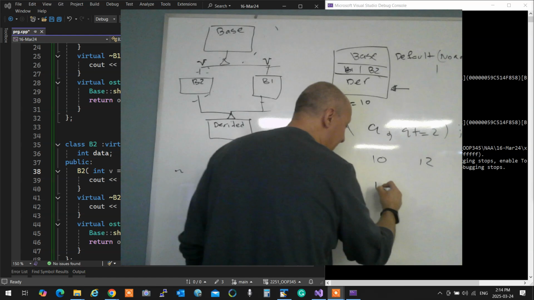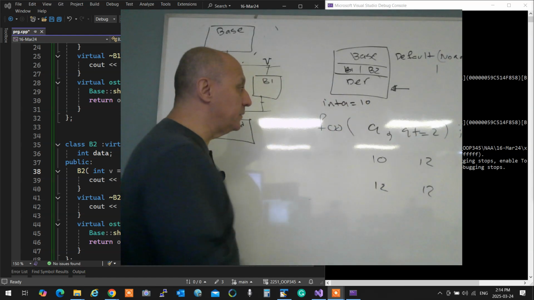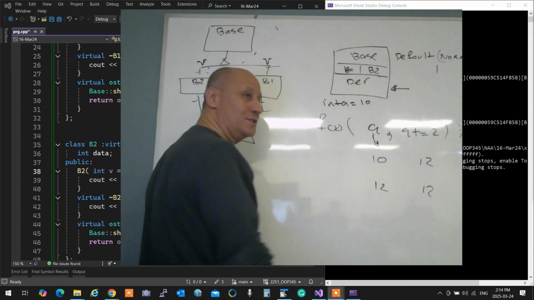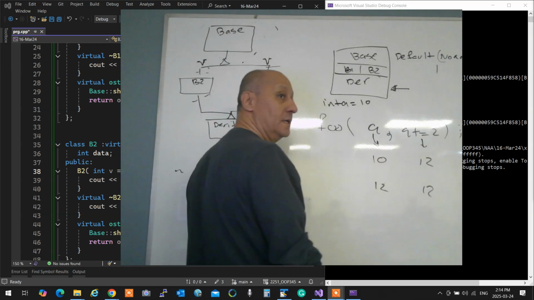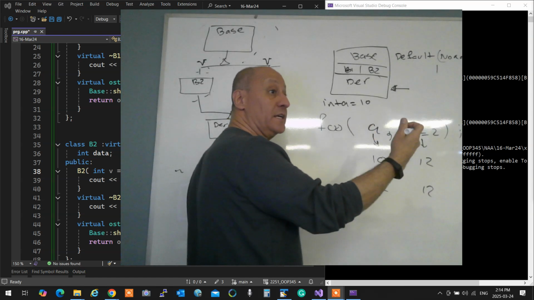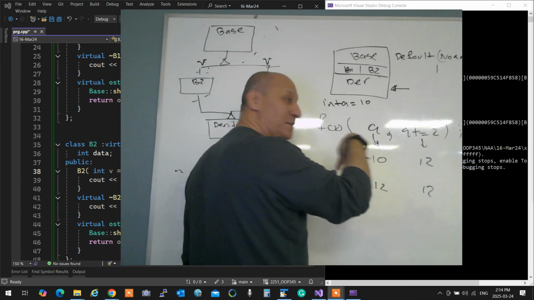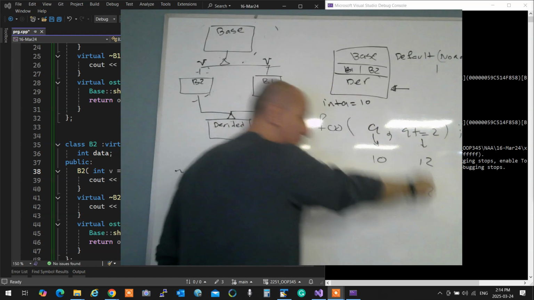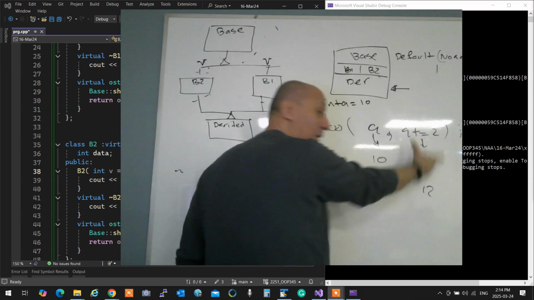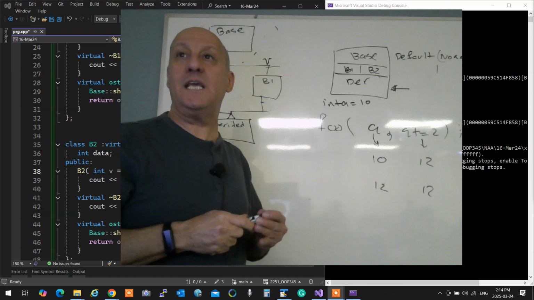Some compiler will pass 12 and 12. Why? Because some compilers push this one in first, and then this one, which means 10 and 12. Some compiler uses stack, which means last in will be first out. Therefore, the last one will go in first and come out backwards. Therefore, you're going to have 12 because this will happen first. Because of that, you can never guarantee it.